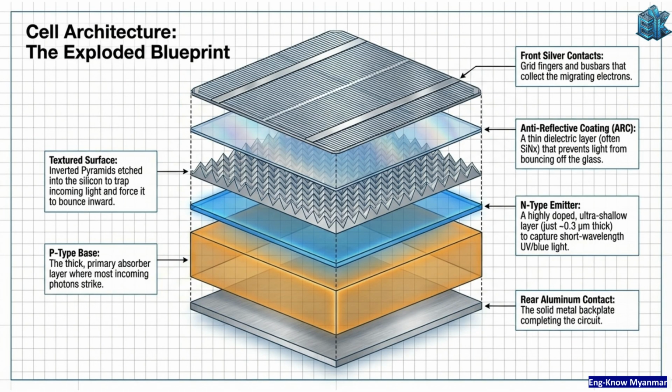A solar cell features an exploded blueprint of components. Key layers include the anti-reflective coating, a textured surface to trap light, and the N-type emitter and P-type base, where the primary absorption occurs. The cell is completed with front silver contacts to collect electrons and a rear aluminum contact